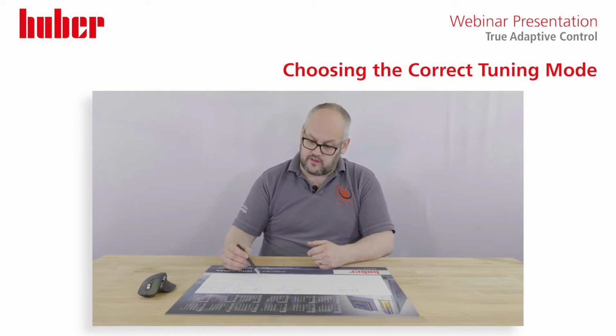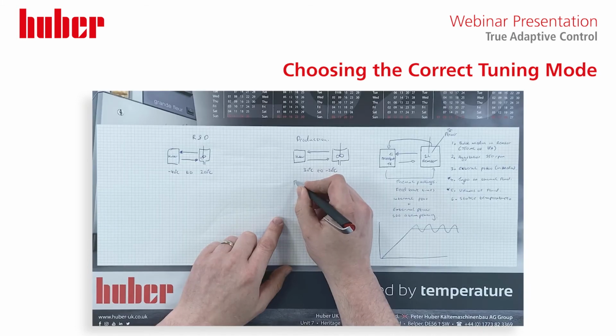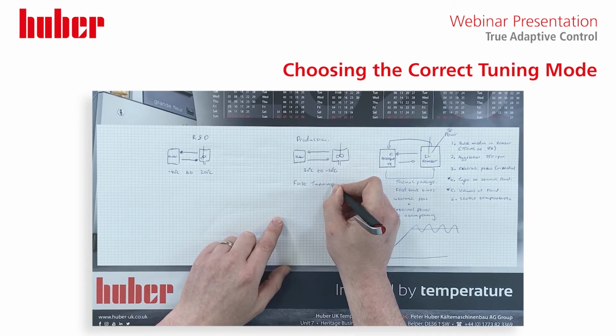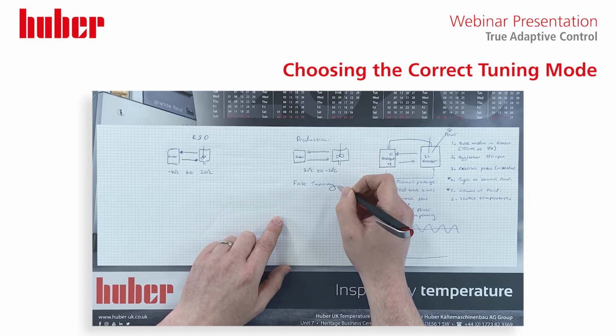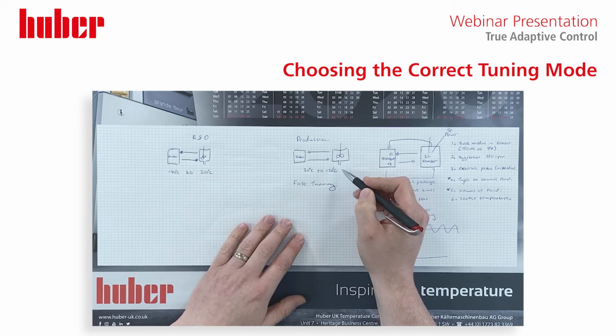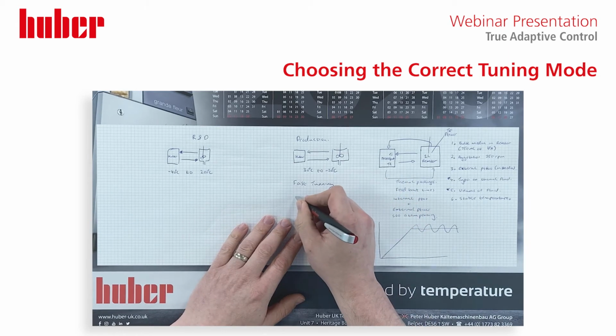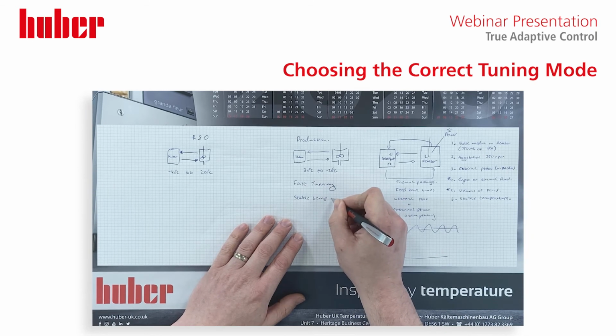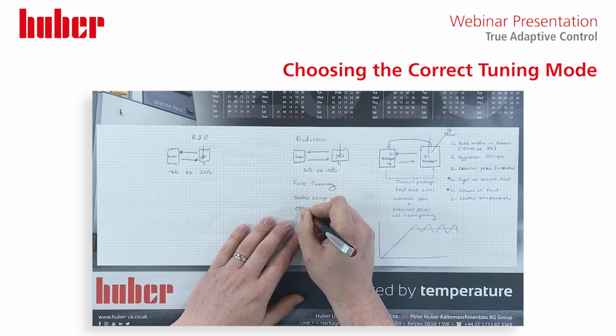So where would we use this kind of fast tuning? I would use fast tuning in production, because the system is doing one function. It's cooling down from 30 degrees to -20. What would I set my stable temperature at? In this case, I would set my stable temperature at 0 degrees C,